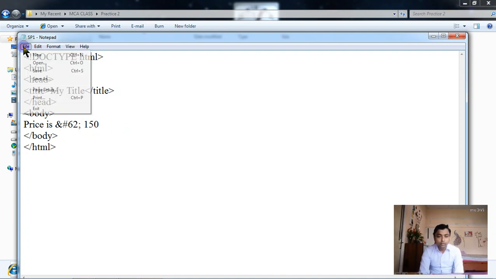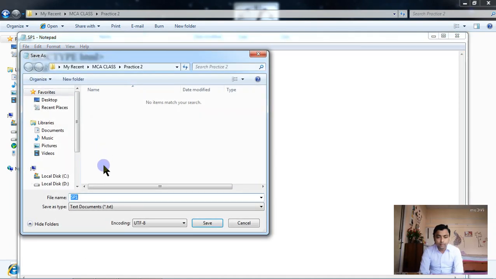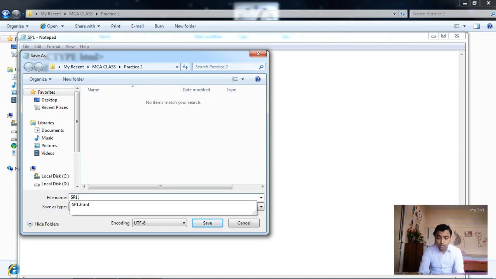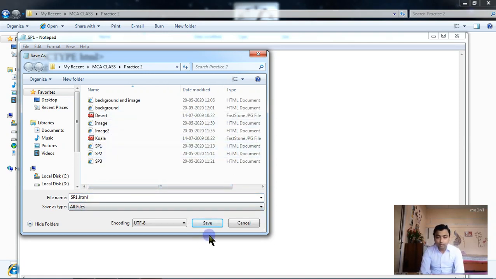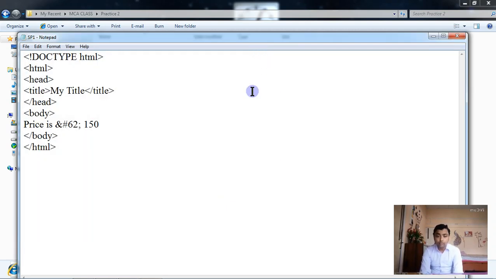So I am going to save it with Save As, and the file name is sp1, special program 1, dot html. This has already been saved here, so I need not save it again. You please save this and try to run this.